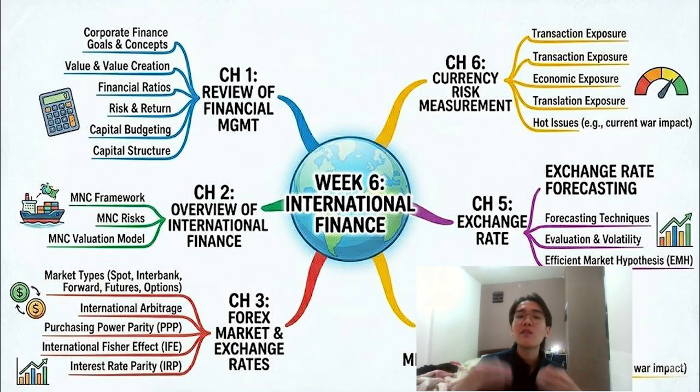Now, the third chapter is about forecasting the market and also forecasting exchange rates. To manage international operations, MNCs rely heavily on the foreign exchange, or forex, market, which facilitates international trade and investment by allowing currencies to be exchanged. There are several ways to participate in this market. In your slide, there's the spot market, which is just immediate currency exchange. The second is the forward market, which allows MNCs to lock in a specific exchange rate for a future date. Additionally, there are currency futures and options, which are used in hedging and speculation.